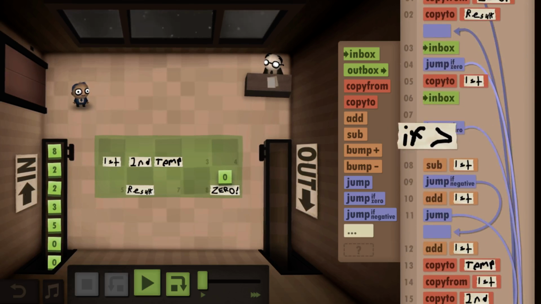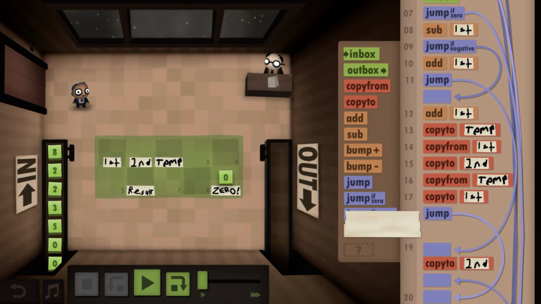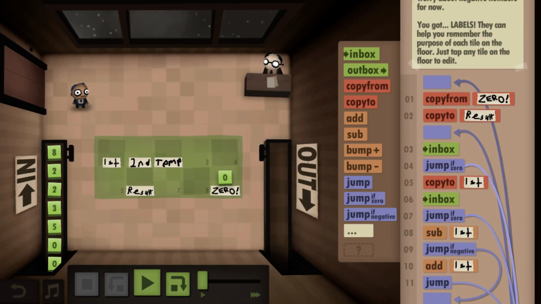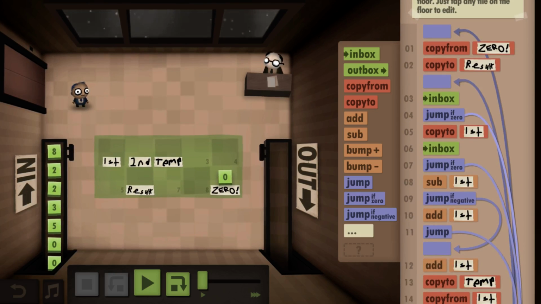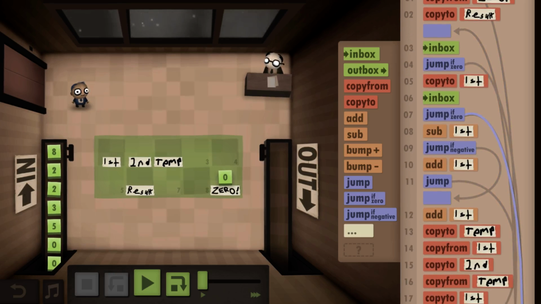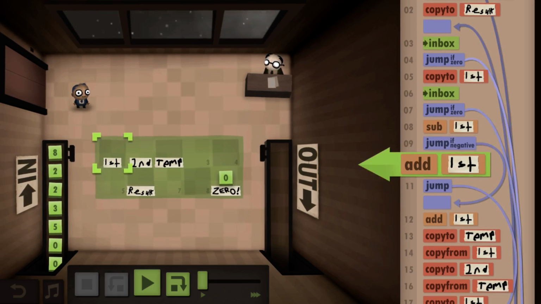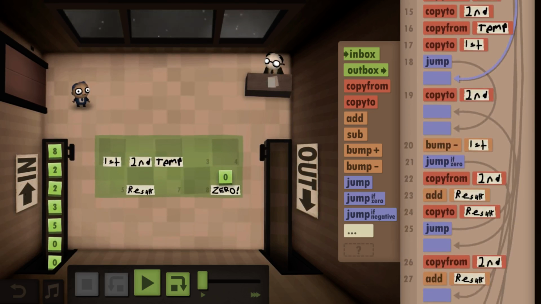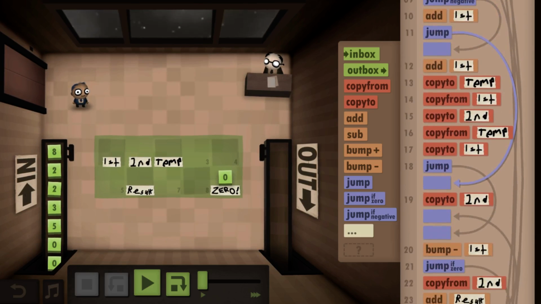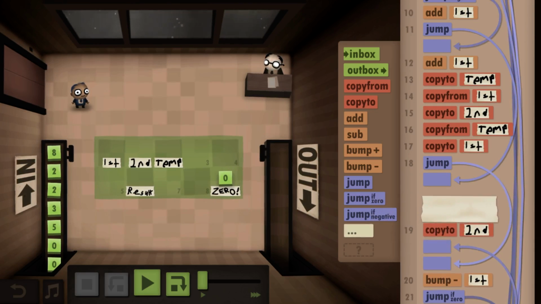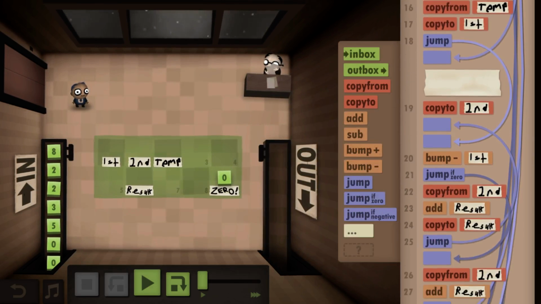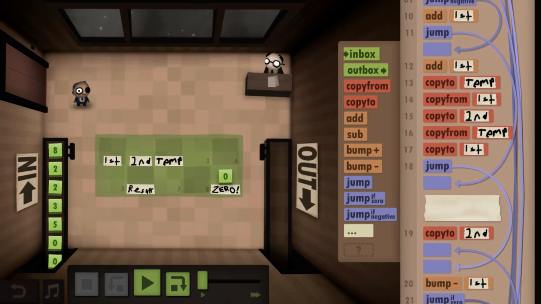So let's get rid of the label. Here, get rid of that. Jump if 0 necessary, copy to first, inbox subtract, if it's negative add it back, and then jump to this point, which this jump forward tells me I could copy all of this stuff and remove that jump forward and just unroll that loop.